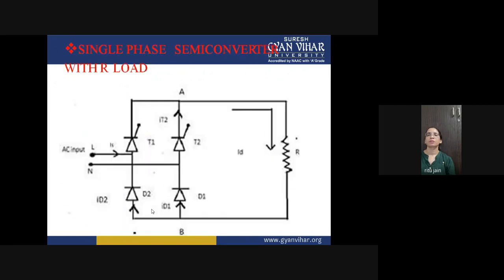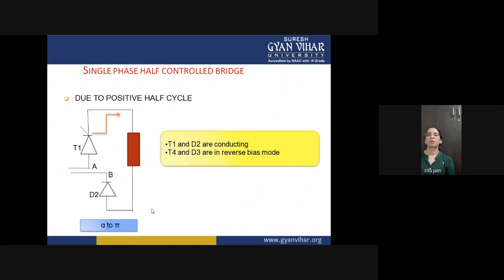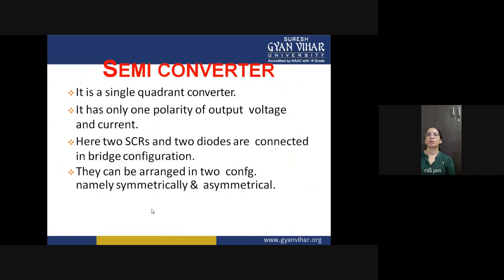So this is your R and RL load, and this is all about your semi converter. Now you can see that in this mode the current is positive and the voltage is also positive. That's why this is called a single quadrant converter, because it has only one polarity of output voltage and